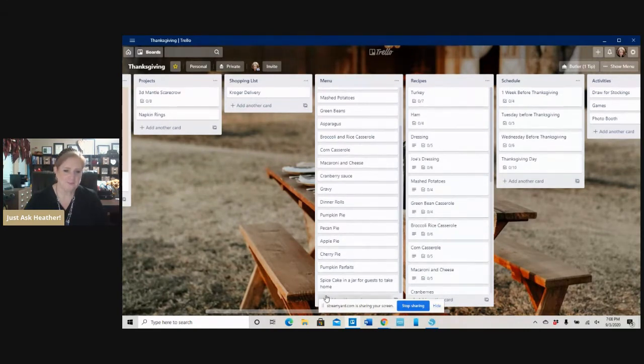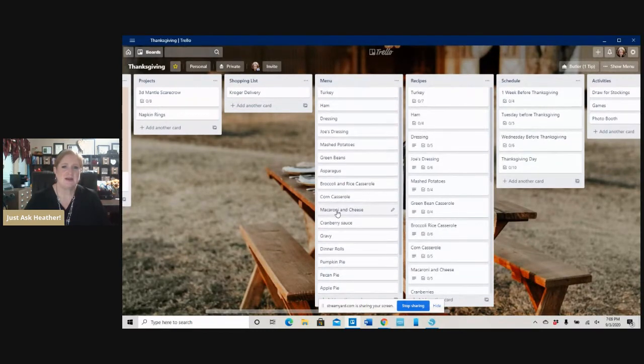So anyway, what does this say? I can't see because of this. So anyway, this is the menu. And what I do is I just put down exactly what we're going to serve. And so that goes there. And yes, we have two dressings. My husband makes this dressing everybody loves, though it has meat in it. It has sausage and stuff. And I feel like we already have turkey and ham. We don't need more meat. And his is a cornbread based dressing. And I prefer the bread based dressing, not the cornbread. I'm not a cornbread fan. So we have two dressings. So don't judge. Anyway,